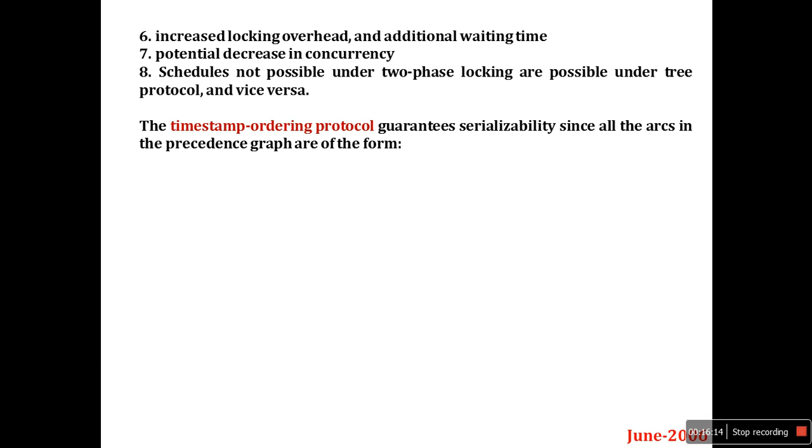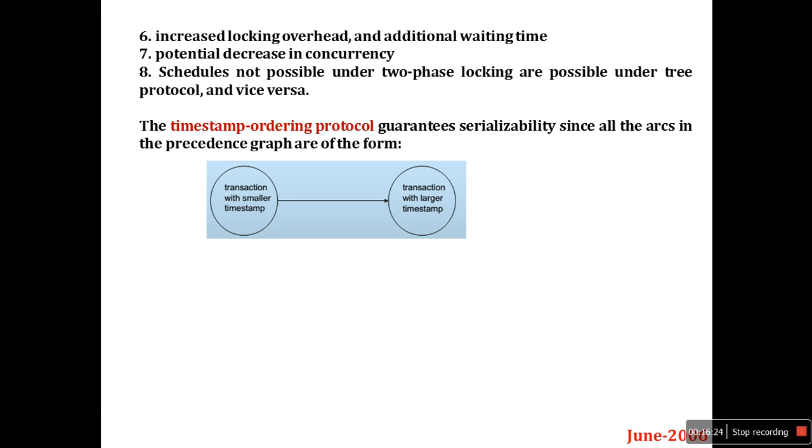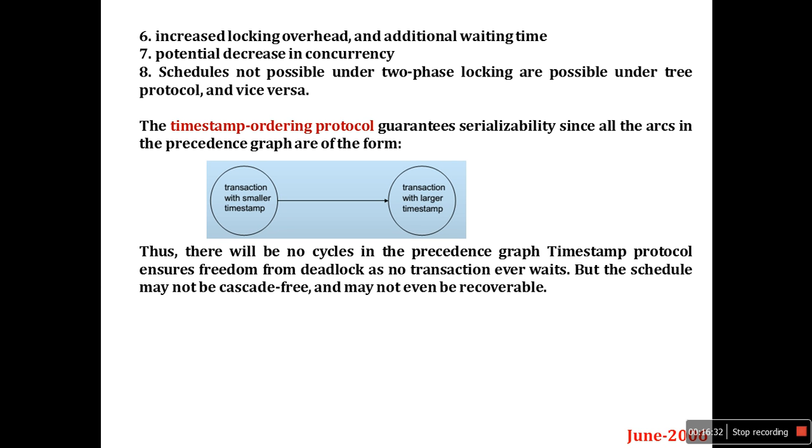Now the timestamp ordering protocol guarantees serializability, since all the arcs in the precedence graph are of the form: transaction with a smaller timestamp to transaction with a larger timestamp. Thus there will be no cycle in the precedence graph. The timestamp protocol ensures freedom from deadlock as no transaction ever waits, but the schedule may not be cascade-free, and may not even be recoverable. So definitely,